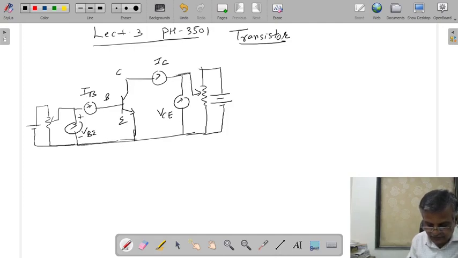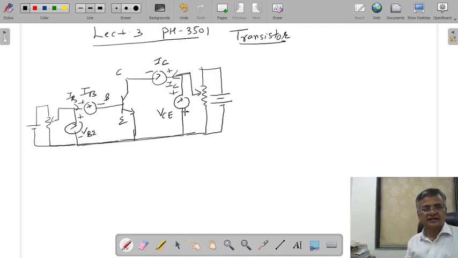We know that the current in the ammeter goes outside, so these two currents I have to show inside. So this is your plus terminal, this is minus, this is plus, this is minus. Now, what are the input characteristics? The relation between the base current and the base emitter voltage for a fixed value of the collector emitter voltage is called input characteristics, that we have seen.